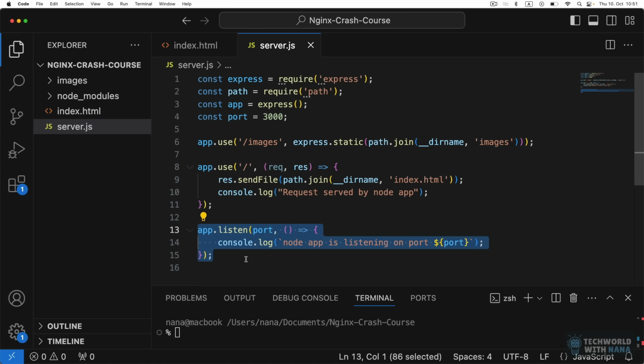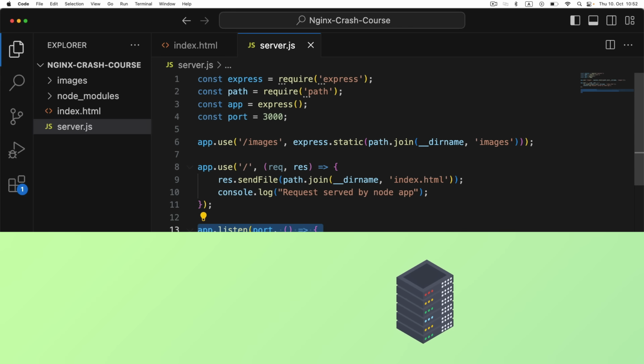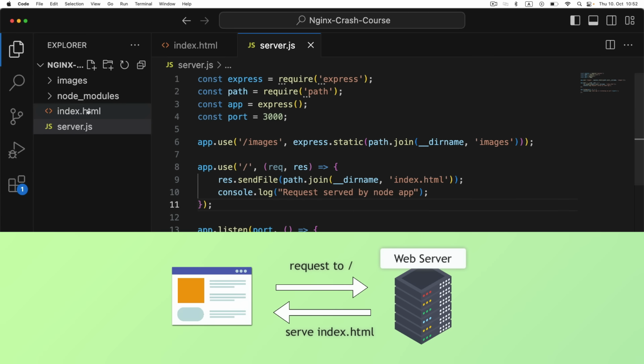It basically starts a backend server on whatever port we define here. So on port 3000, it's gonna start a server using Express.js module, which is basically a lightweight server module. And once the application starts, it will serve the index.html to the browser using this logic. So every time we access the application on this root path, basically, it's gonna send back the index.html file, very simple, and it's just gonna log out in the console here that the request has been served or replied to